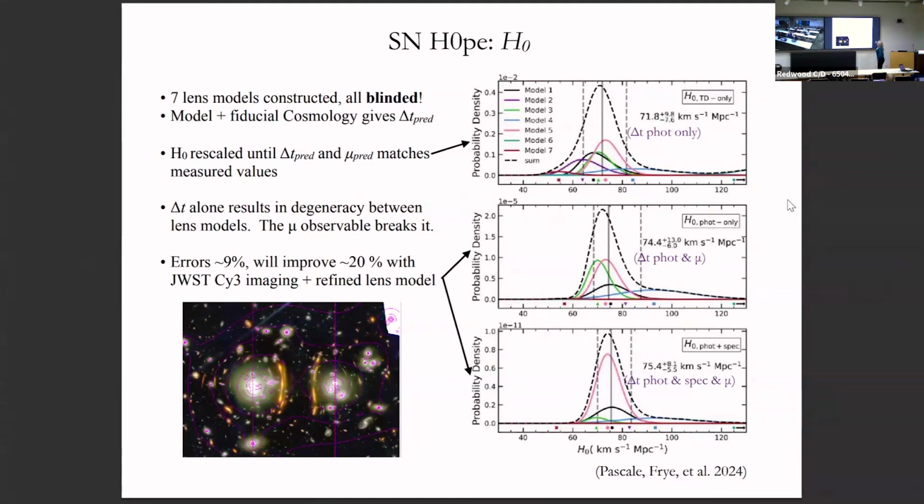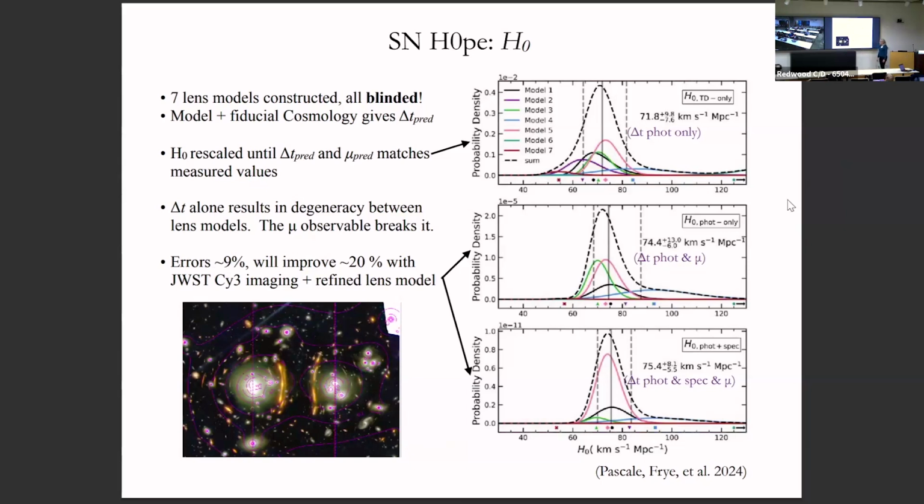The main thing is that when we try to measure H0 based on only 2 observables, time delays, we get an interesting, nice value here. And we see that each one of these colored curves is a different lens model contribution. With many contributions, we can't really tell which one is better than another very well because there are some degeneracies. Then when we're finally able to include all the photometric information, including absolute magnifications, we see that we're able to start discriminating between models. We get a very similar value, but we see that the model